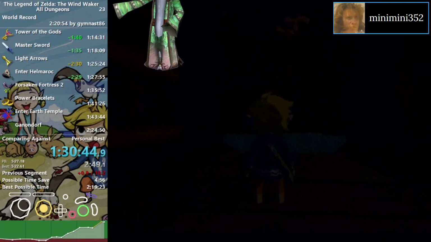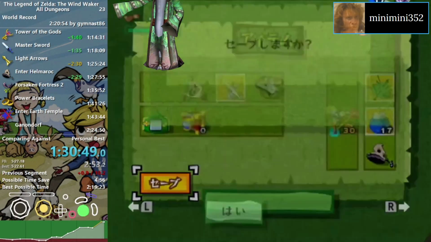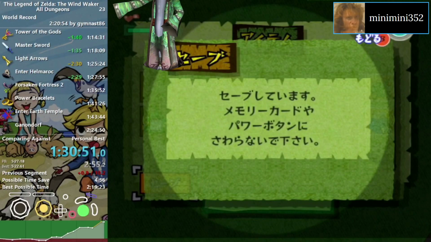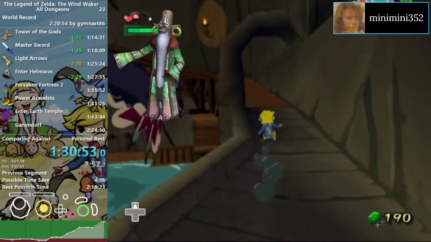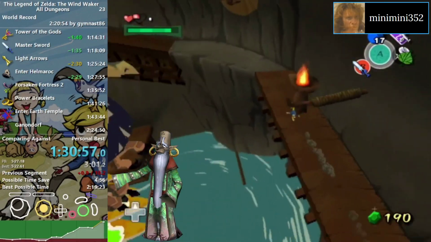I'll now pull up a few different speedruns and narrate what I'm understanding as I read the splits. As we go, we'll see a few more auxiliary LiveSplit components that we didn't see on my splits. Here are Mini 352's splits. We see several familiar components, though not all in the same places as before. The game and category, the world record, the splits, the main and segment timers, the possible time save, and the